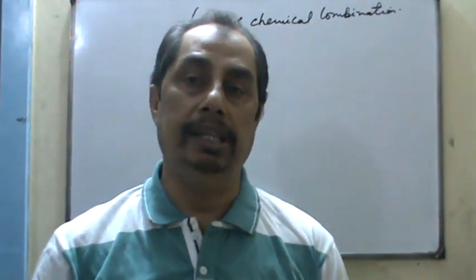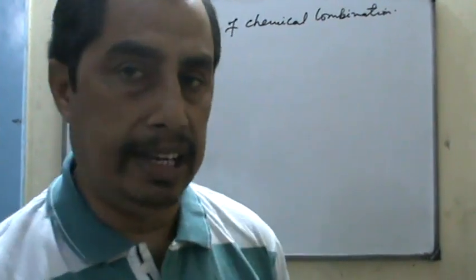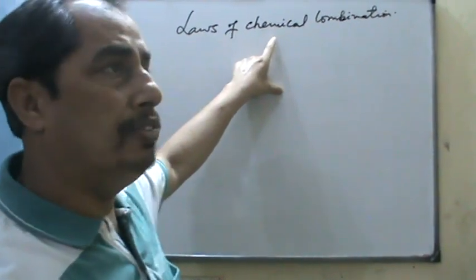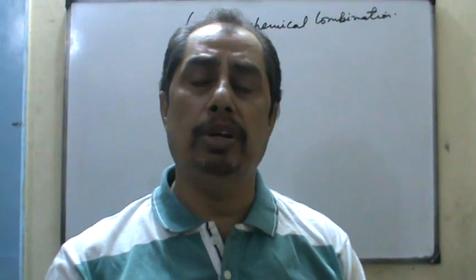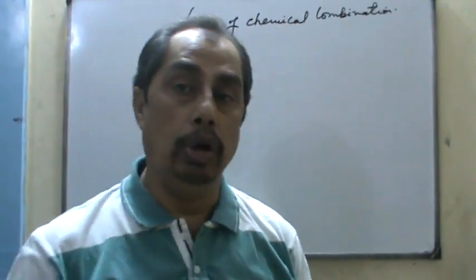My dear students, these laws are based on atomic mass, not atomic number. First thing. Secondly, all these laws are modified from time to time. But since it is the classical part of chemistry, we have to study different laws of